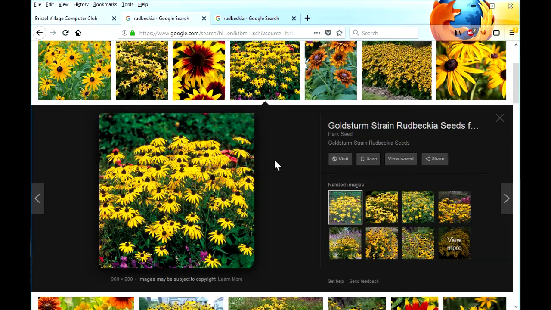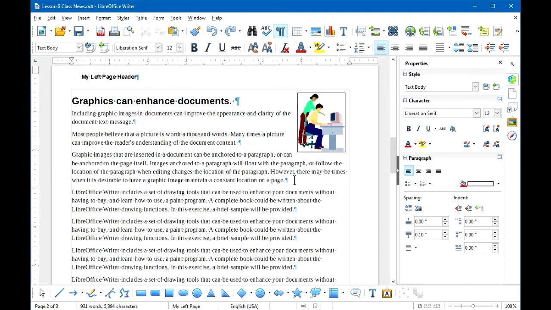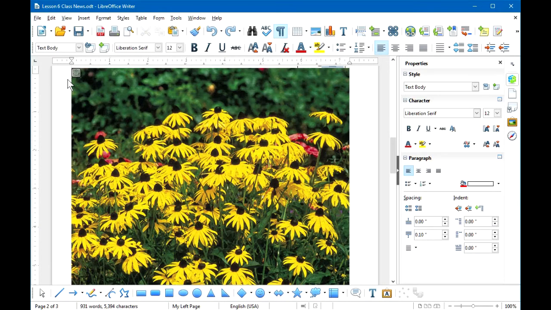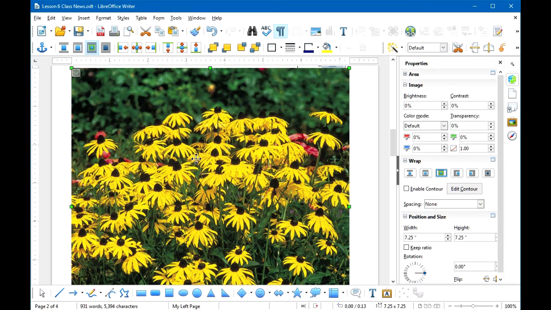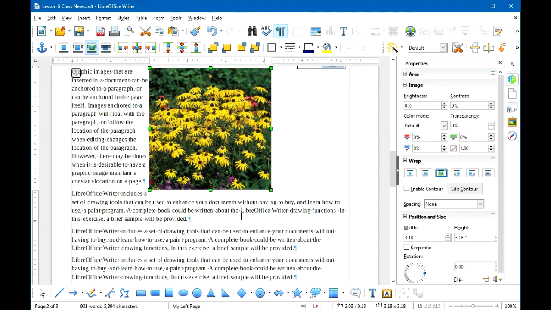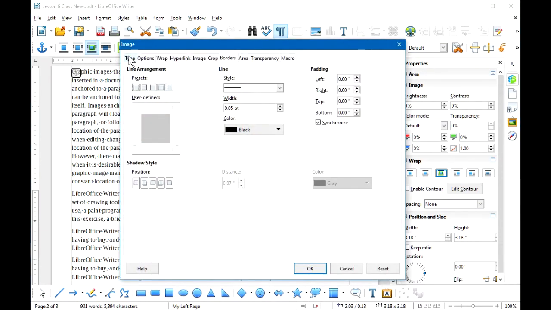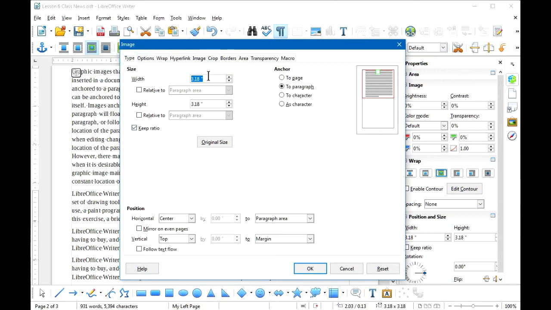Then I'm going to go back to my document, place the cursor wherever I want the image to be, and I'll say, edit, paste. And now I've added that image to my document. Of course, it's way too big, so let me grab the little corner grabber here and change the size. Let me double click on the image, and in the image dialog box, let me change the size to about 1.5 inches,